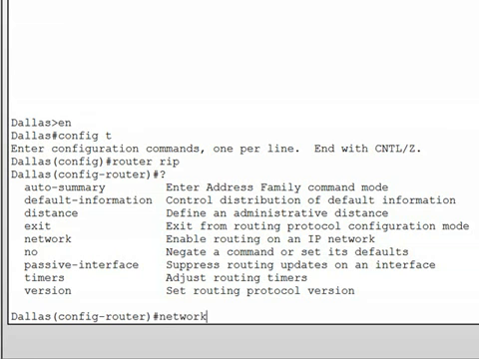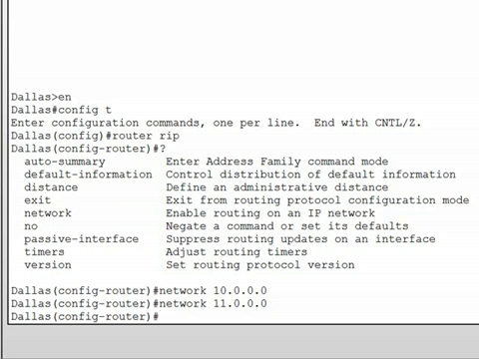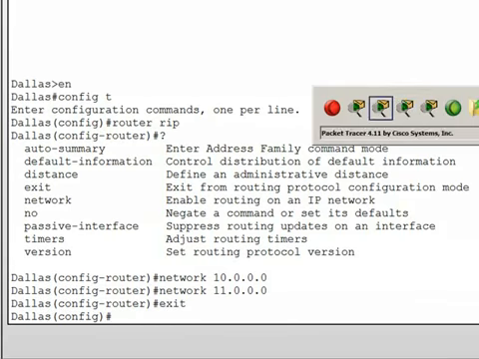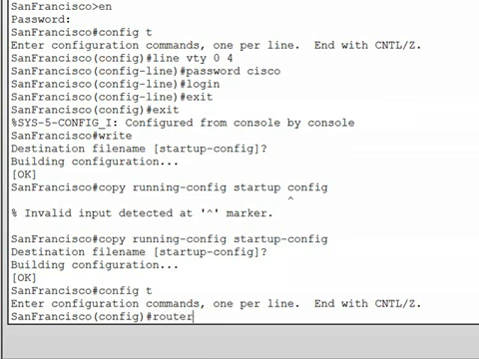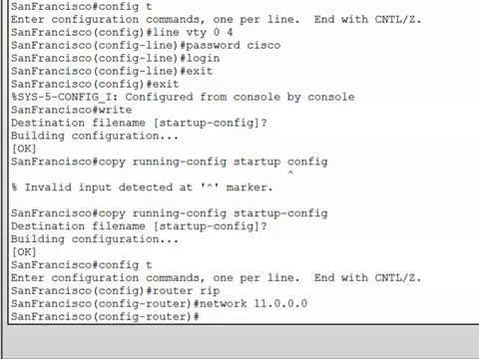So we're going to type the network command in, and we're going to use the network addresses that we are connected to, which is 10.0.0.0, and we're also connected to the 11.0.0.0 network. Basically, that's as simple as that. RIP is a very simple protocol. And now we just need to configure router 2. Same concept. Just go into global configuration, type in router RIP, type in the network command 11.0.0.0, hit enter,